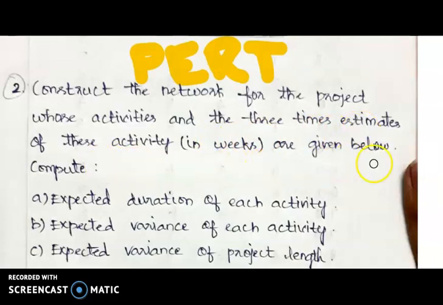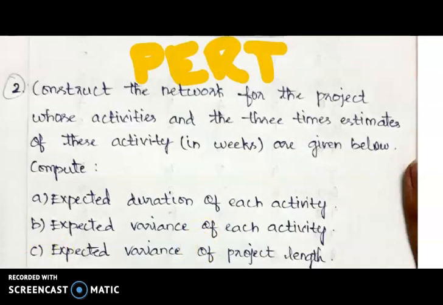in weeks are given below. Compute. First, we need to compute the expected duration of each activity. In CPM they have given an activity value, but here no value is given for any activity. We should compute the expected duration of each activity, the variance of each activity, and the variance of